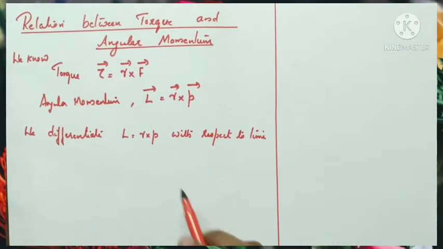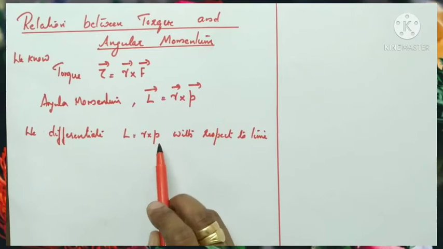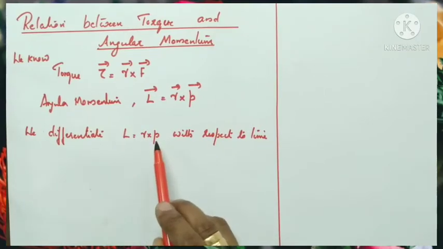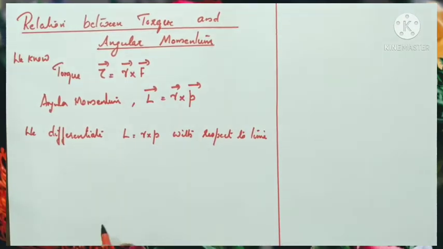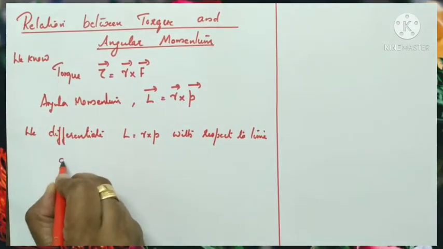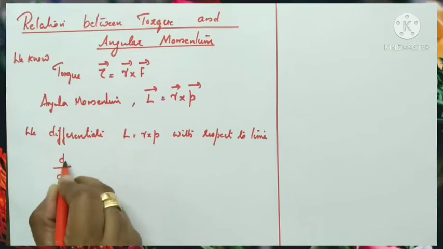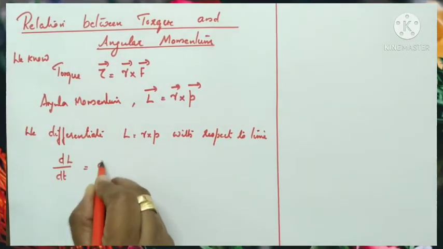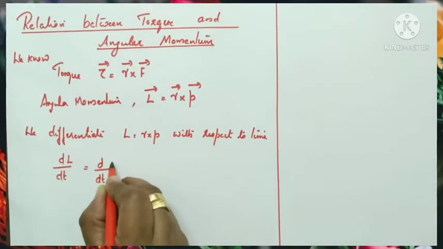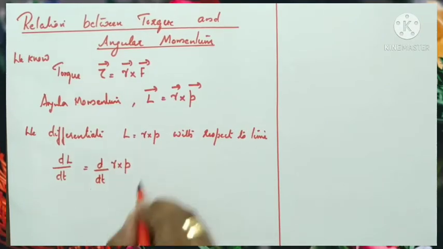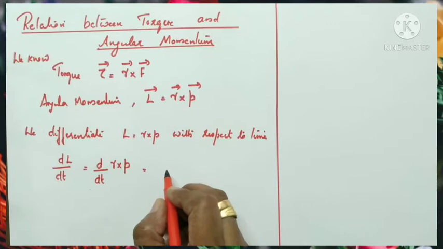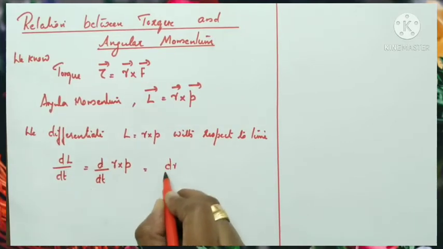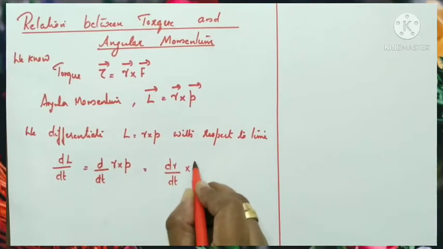We differentiate L equal to r cross p. We know angular momentum L equal to r cross p. Now we can differentiate L equal to r cross p with respect to time. So we can differentiate like this: dL/dt equals d/dt of r cross p. So d/dt of r cross p can be differentiated like this: dr/dt cross p